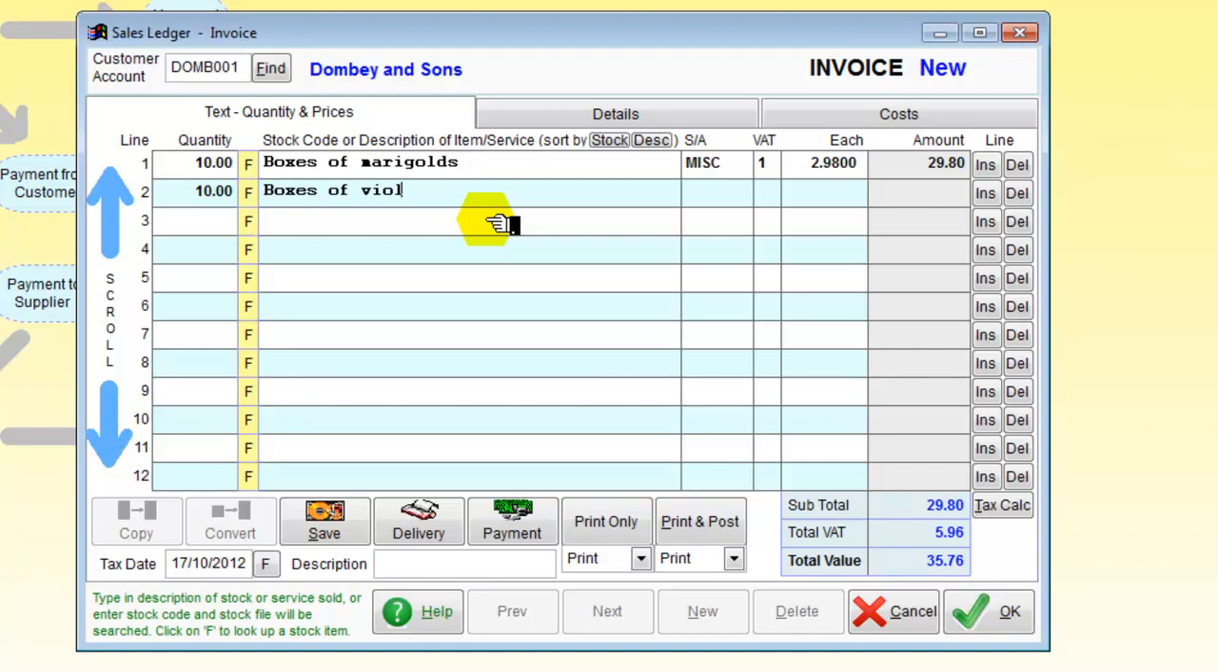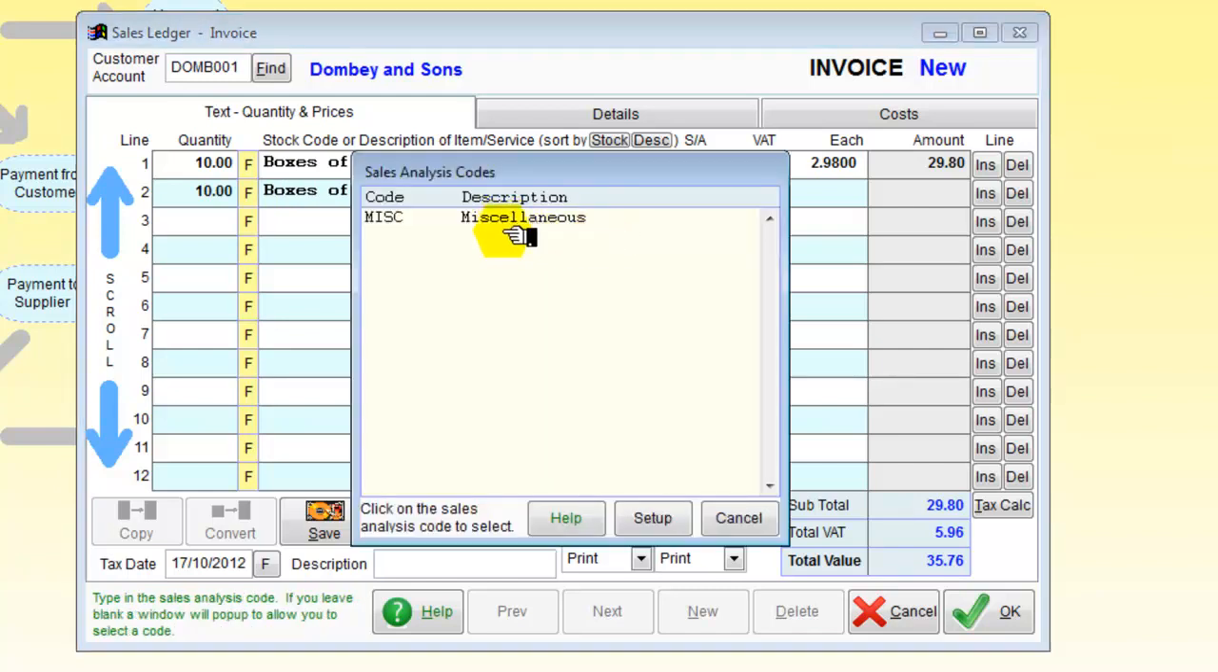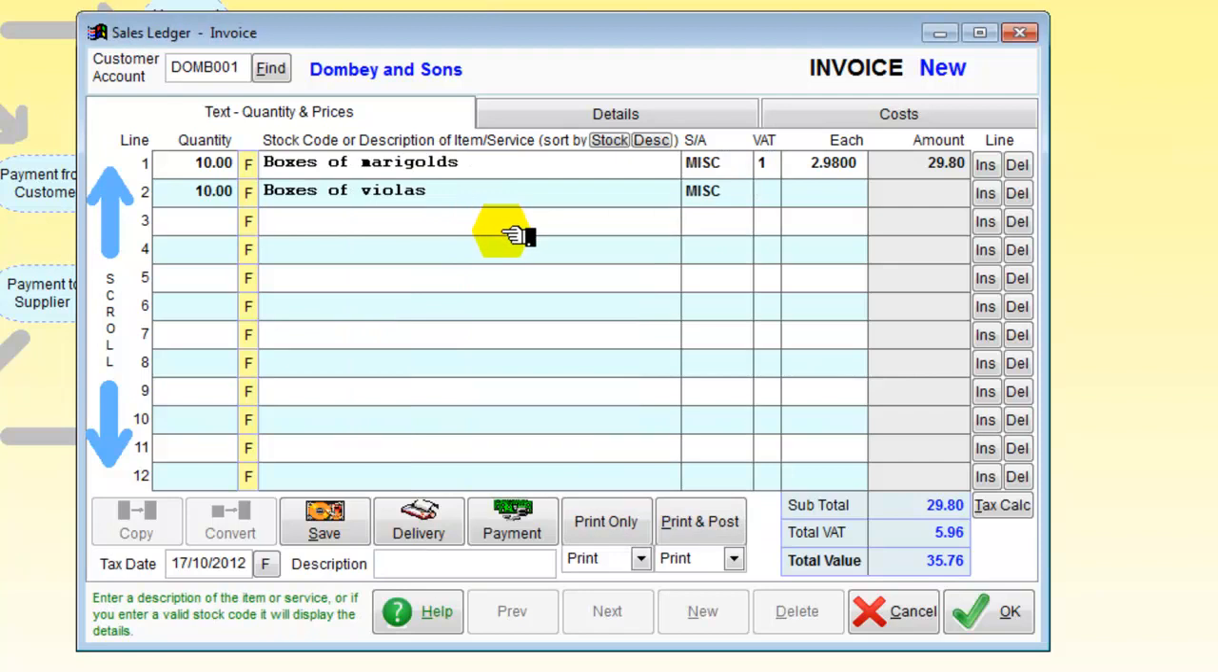of violas, which once again we're going to select miscellaneous here, and we're going to add VAT, and these will be at $2.90. And there we have our invoice which we've prepared, and in this case the total is $58.80 with $11.76 VAT,